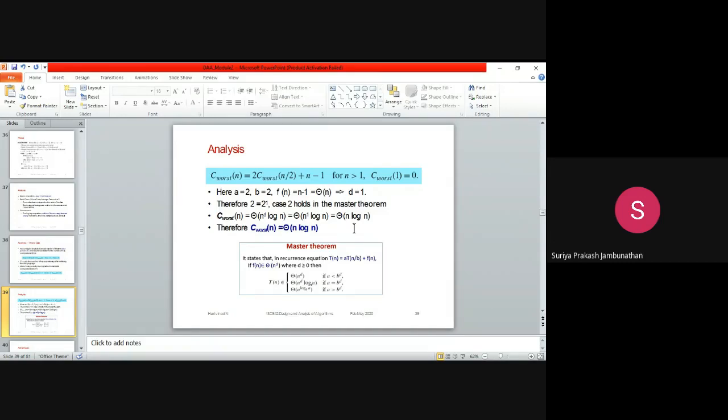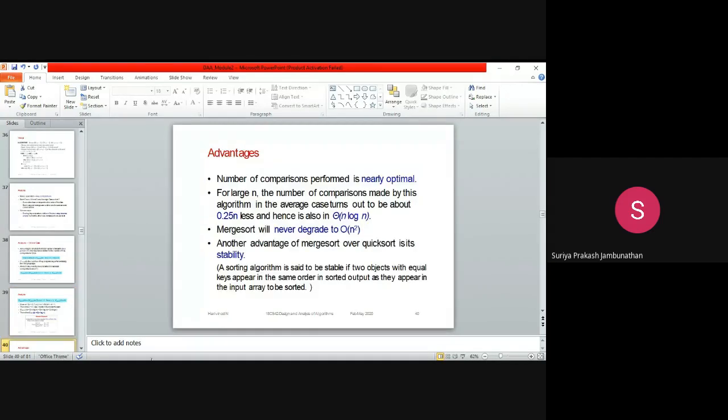T(n) is theta of n^d when a is less than b^d. The other way, theta of n^d log n, when the condition is a is equal to b^d. The third condition is theta of n^(log_b a), and the condition is a greater than b^d. So these are the 3 cases of the analysis.